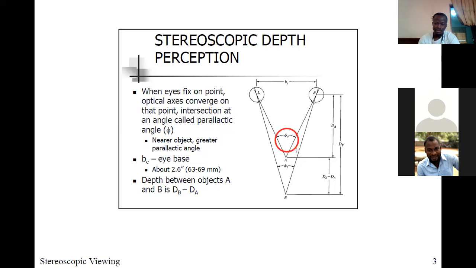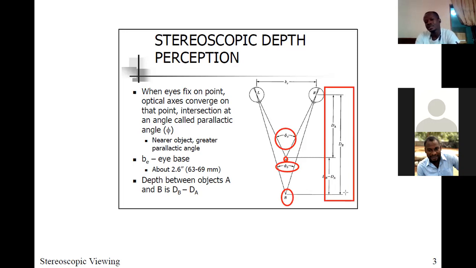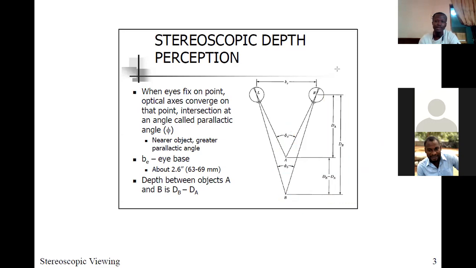So this angle here, phi A, is the angle subtended on the object A. Phi B is the angle subtended at point B. Of course, the farther the object is, the smaller the angle that is subtended. The closer an object is, the bigger the angle, and that relationship is the parallactic angle. You can say this, add it to your vocabulary and scare some kids with it. Is that okay?